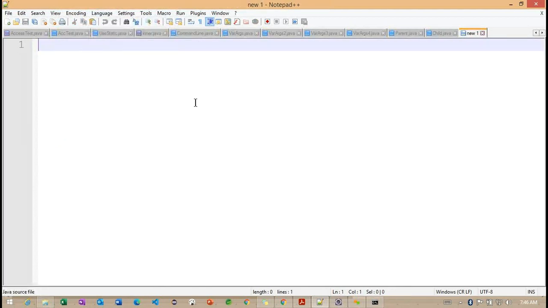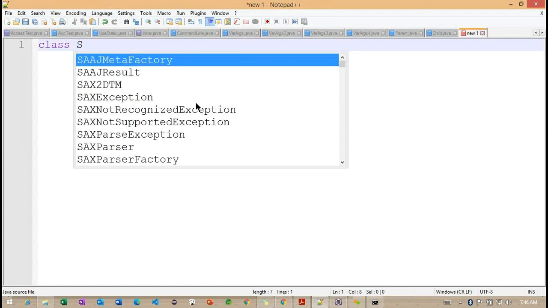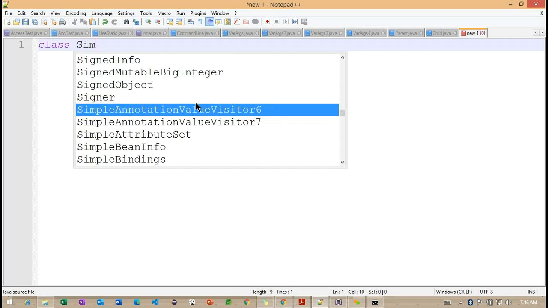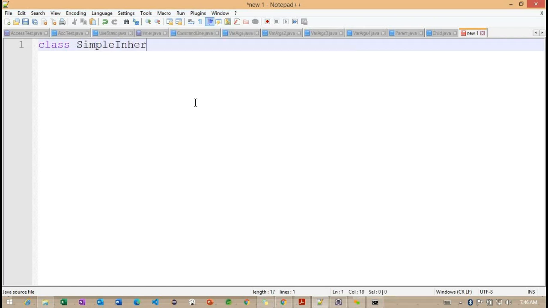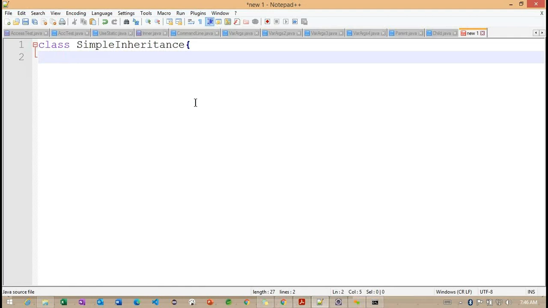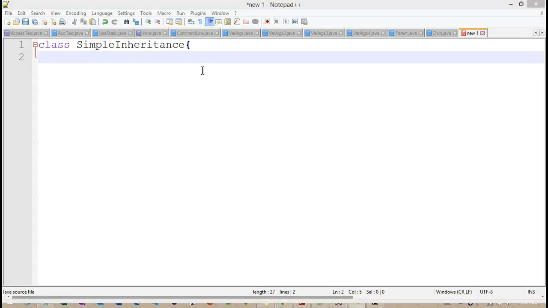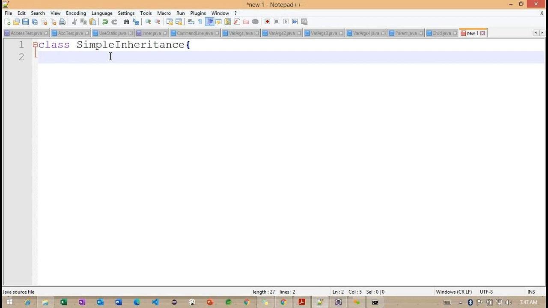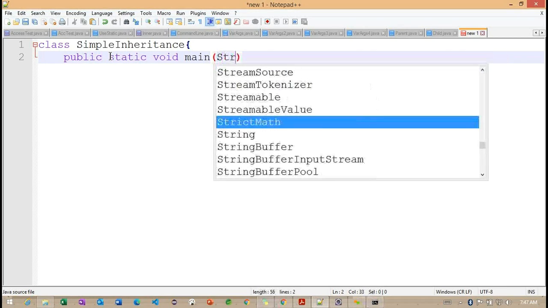Now I want to work with one more class here. This class is for our main method, which I'm going to create. Simple inheritance, public static void main.